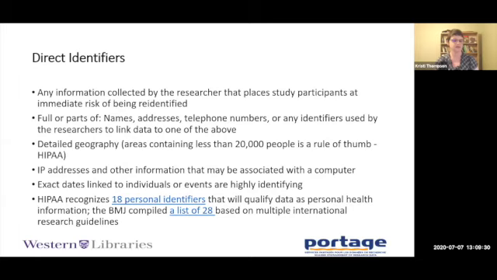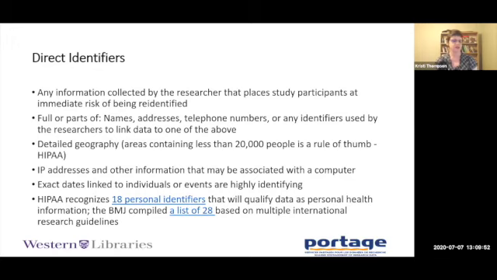The definition of direct identifiers is actually a bit more expansive than you might expect, particularly when it comes to geography. Any geography containing less than 20,000 people is often considered a direct identifier. Exact dates linked to individuals, such as birth dates or dates of medical procedures, are also widely considered personal identifiers.